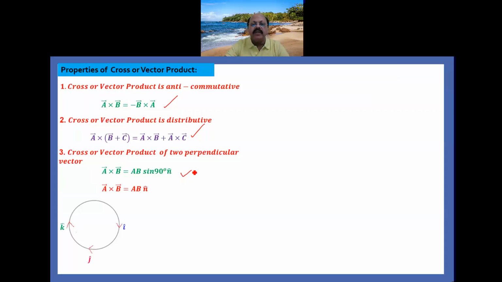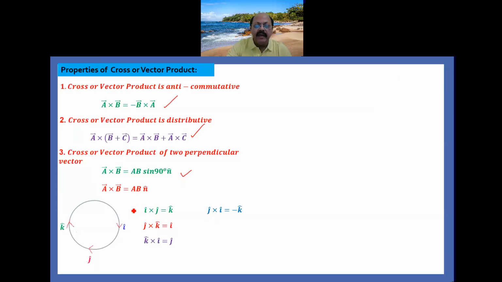So the order of cross product that we have to take: I cap cross j cap, then j cap cross k cap, and then k cap cross I cap. Because if you take j cap cross I cap, since it is anti-commutative, a negative sign will come. So remember it. From here we can say that I cap cross j cap equals k cap, meaning the direction of this cross product is perpendicular. So j cap cross k cap equals I cap, k cap cross I cap equals j cap,